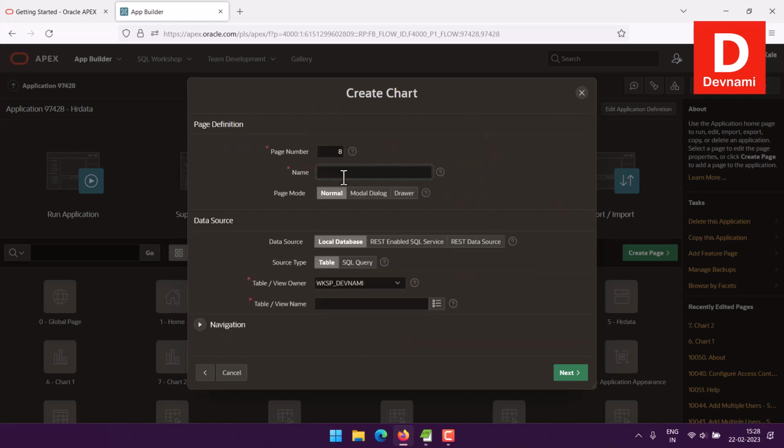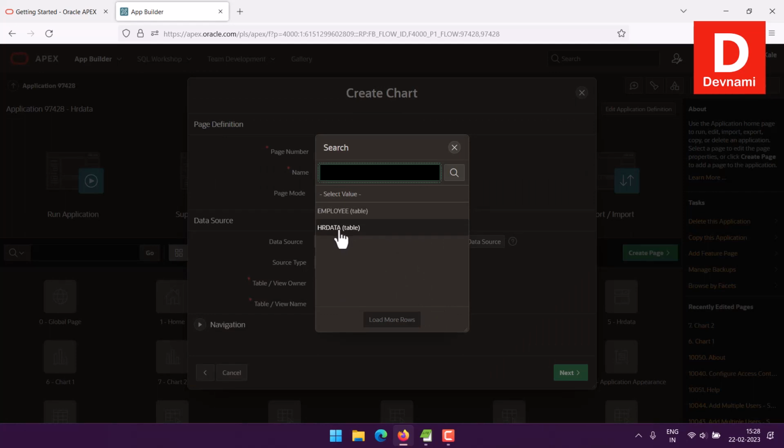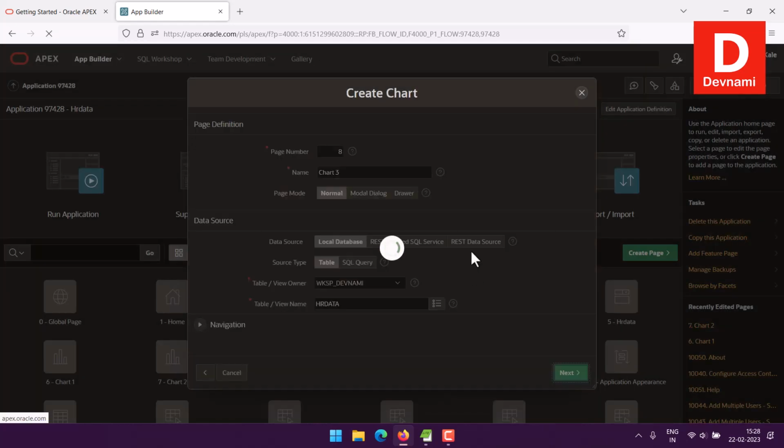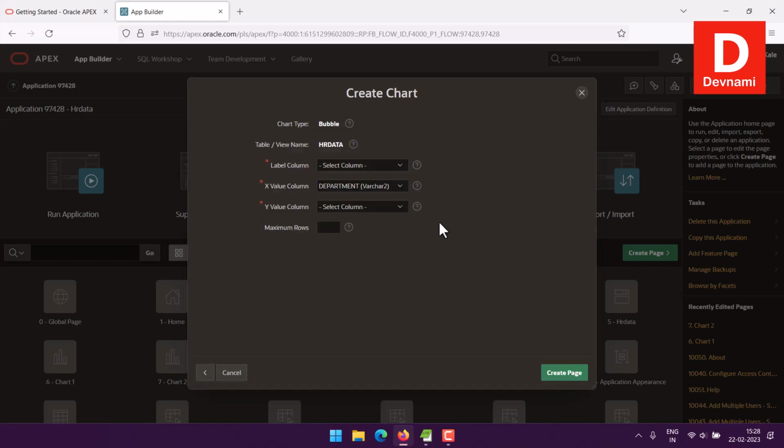Now here I will name it chart 3, choose the table name for our data, click next, and here I will choose XY. So let's say department is my X, then for the Y value I will have to choose label. So we'll pick salary,